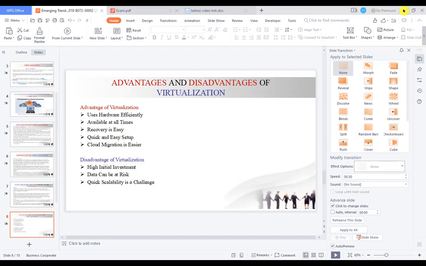Another one is quick and easy setup. Virtualization doesn't have many configurations to enable to make sure it works on your device. It is just a setting in the BIOS setup, and once you go there, you will find different kinds of content to set, and under that we have virtualization.